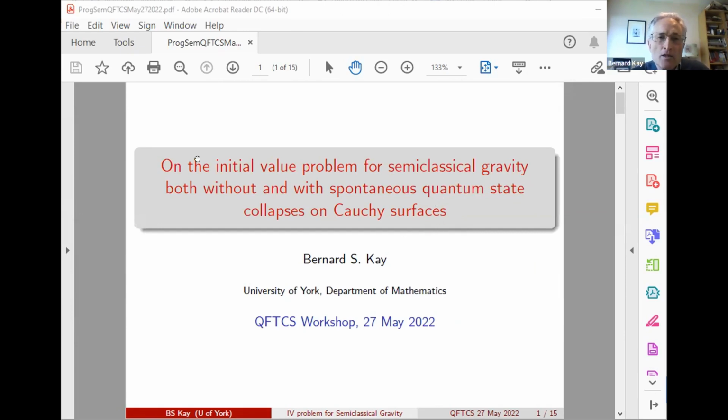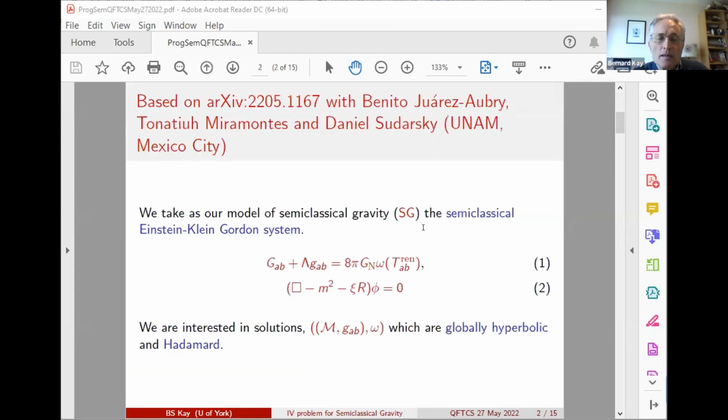So I'd like to talk about the initial value problem for semiclassical gravity, both without and with spontaneous quantum state collapses on Cauchy surfaces. This is based on a paper which just appeared on the arXiv a couple of days ago, and it's joint work with Benito Juárez-Aubry, Tonatiuh Miramontes, who will give the next talk, and Daniel Sudarsky, who are all at UNAM